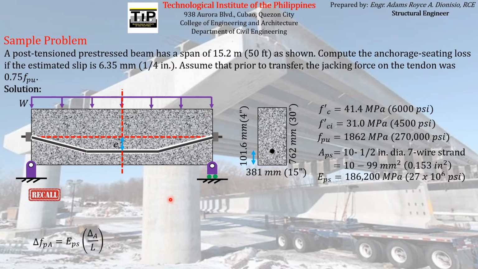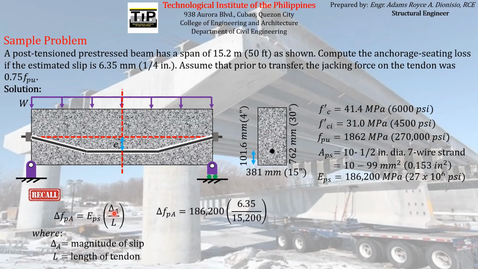So recall that the formula for the pre-stress loss due to anchorage seating is equal to this, wherein the delta A is the magnitude of slip and the L is the length of the tendon. So actually, this is just a direct substitution. So if we will try to substitute the EPS, 186,200, and the given expected anchorage slippage, which is 6.35 mm,